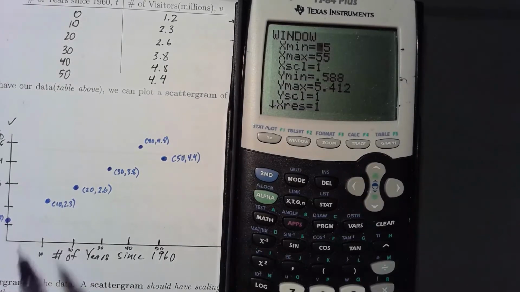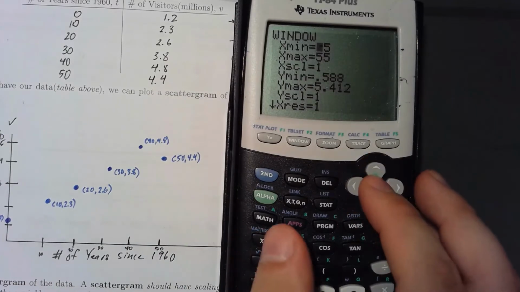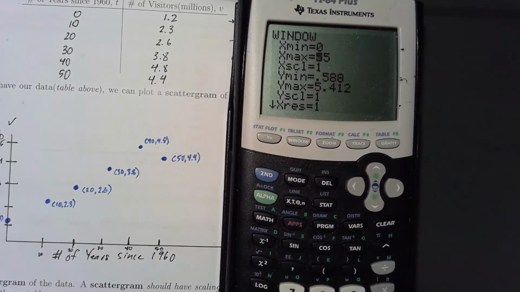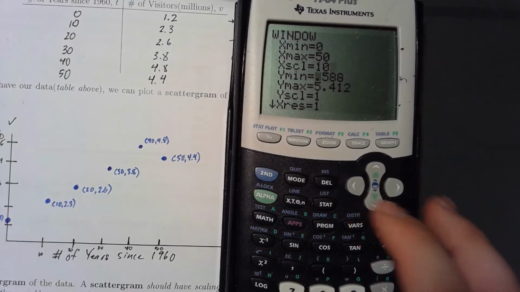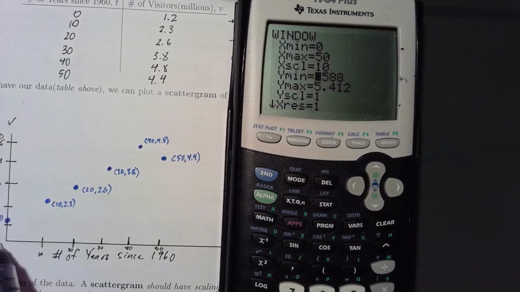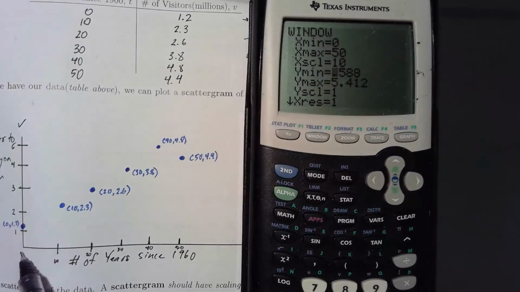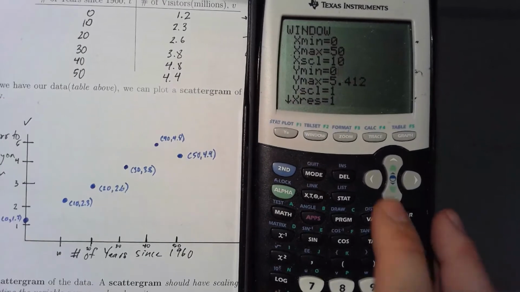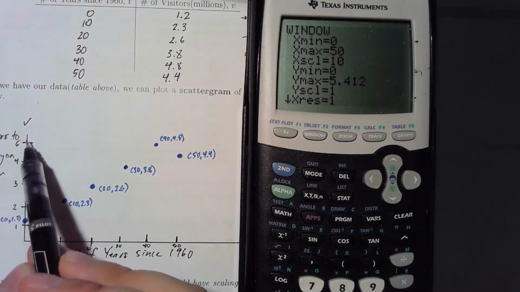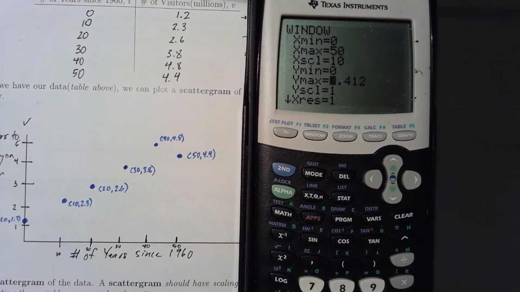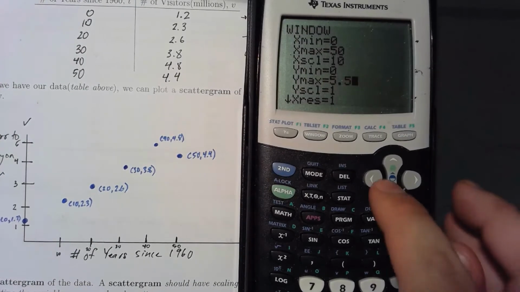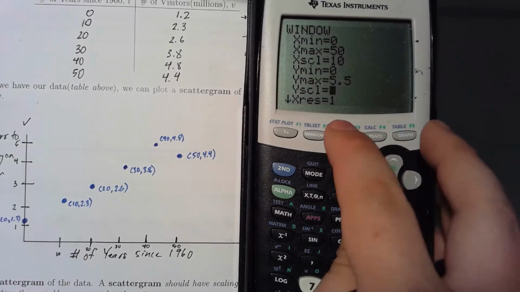Since my X scale went from 0 to 50, I'll make this from 0 to 50, and they went in increments of 10, so my X scale will be 10. My Y minimum, well, the smallest value it could be is 0, right? So I'll do 0, and I go up to 5. I go a little bit beyond 5, so maybe I'll make it 5.5. And I go in increments of 1. So now when I go to zoom stat,